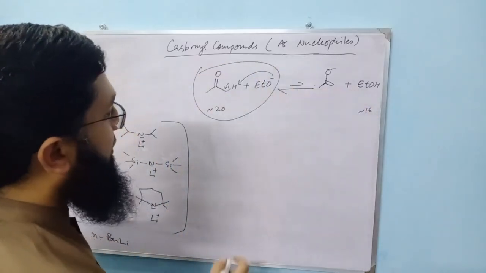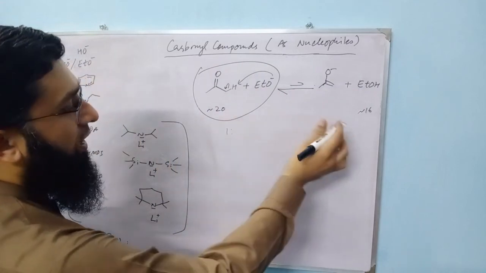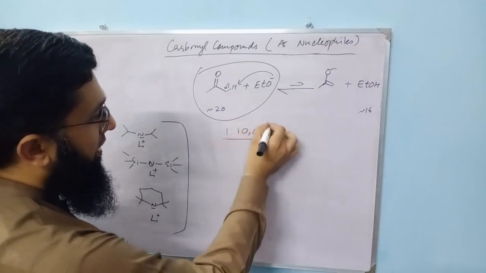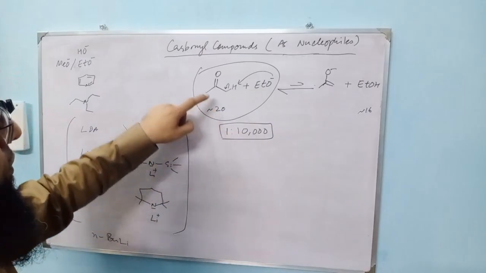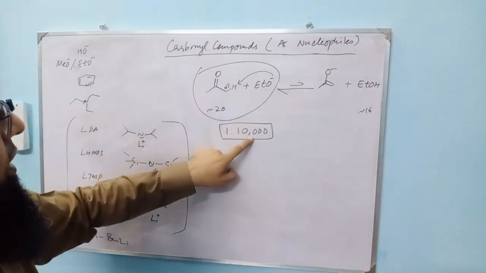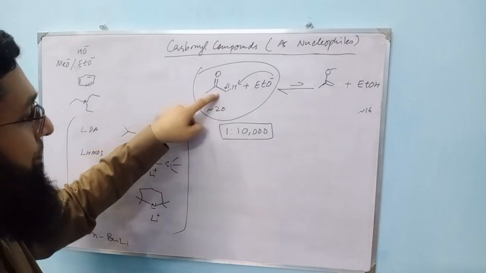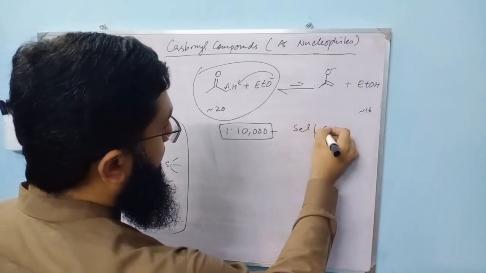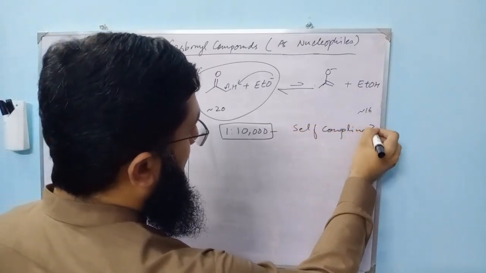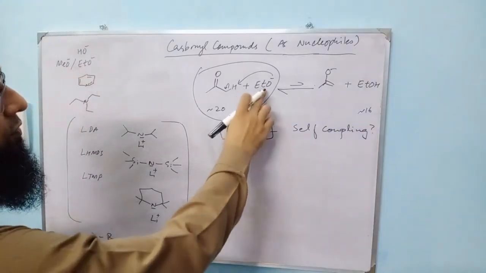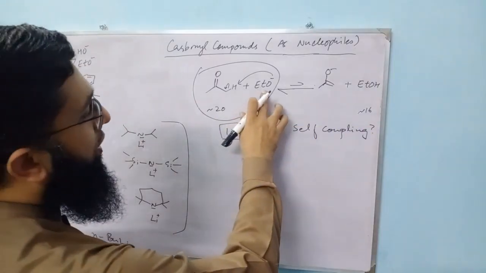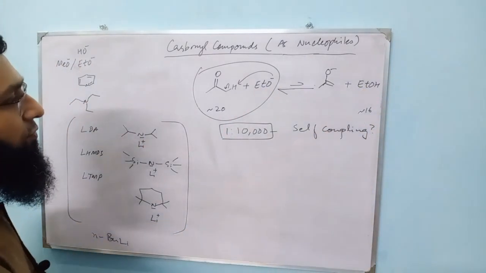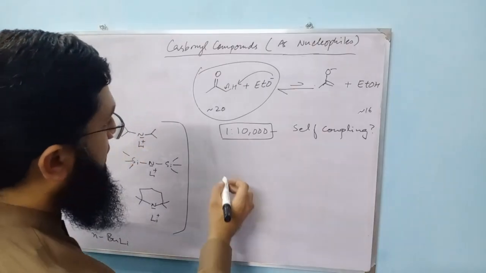And if we see the ratio, because we have a difference of 4 units, if we add 4 zeros, almost 1 molecule of this would be formed as compared to 10,000 molecules of this starting material. So it can result in self-coupling. So self-coupling can occur if we use weaker base. So if we use a stronger base whose conjugate acid is still basic enough, then that would give only forward reaction.